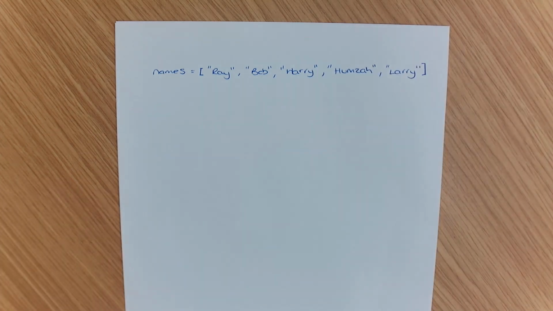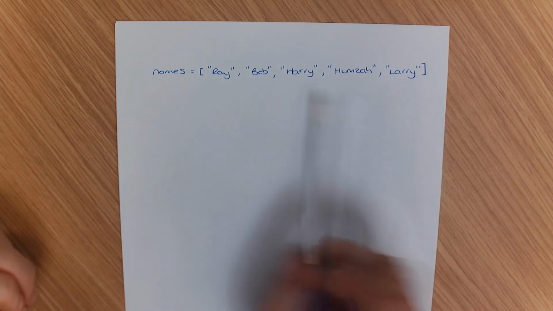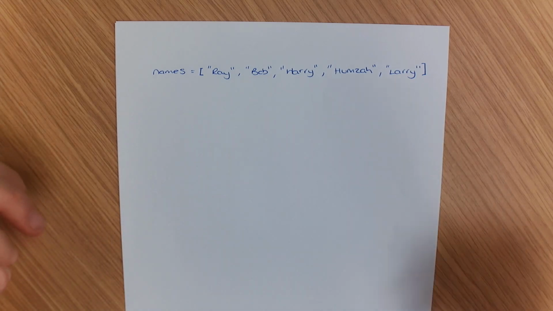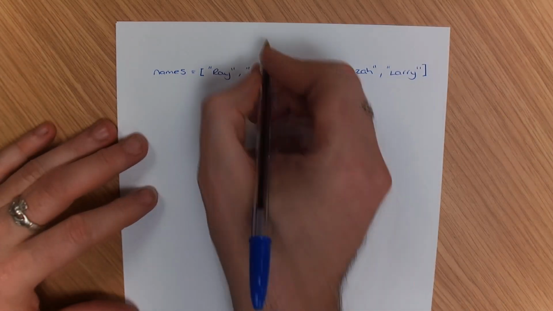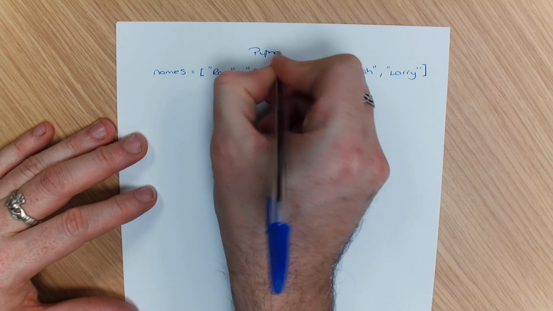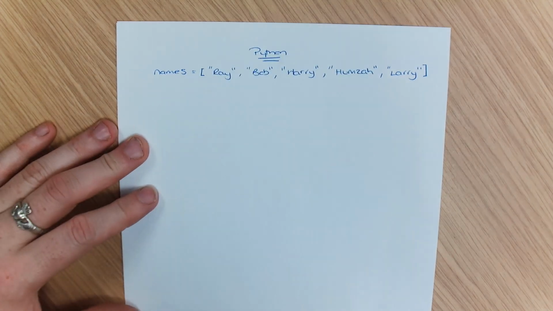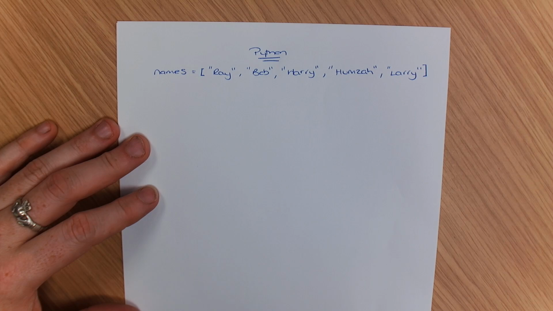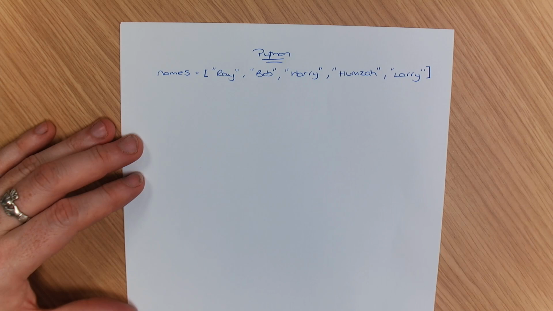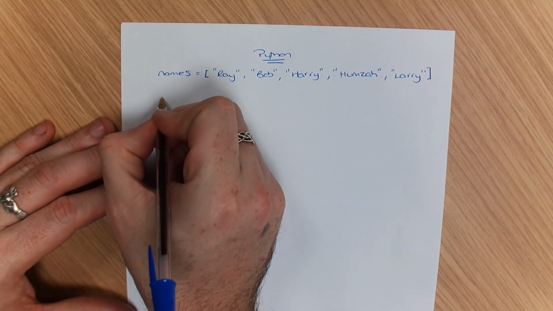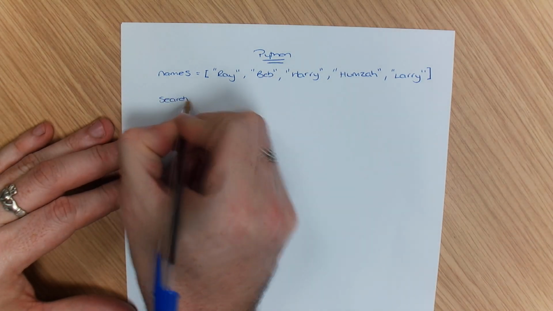Now, I want to be able to write a Python program that is going to search for the name Hamza. The other way that I would like to do it is I might do a program that searches for a name that is an input. Now, if I'm writing this in Python, and I appreciate I'm not on a computer, but if you're doing a GCSE question, generally speaking, it's on paper for the AQA specification. So what I'm going to need to do right now is get my input. I'm going to call it search name